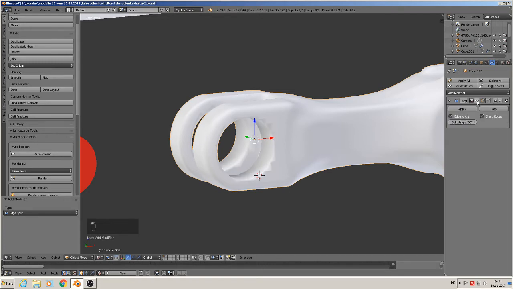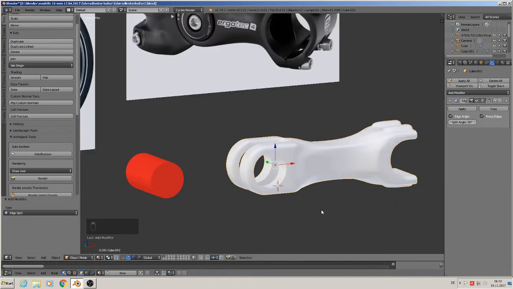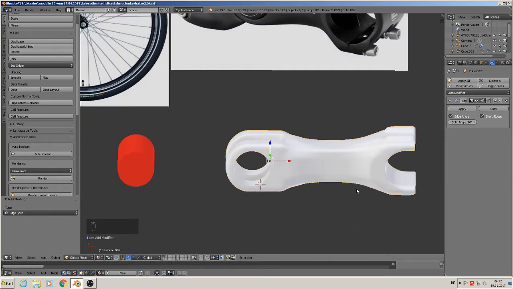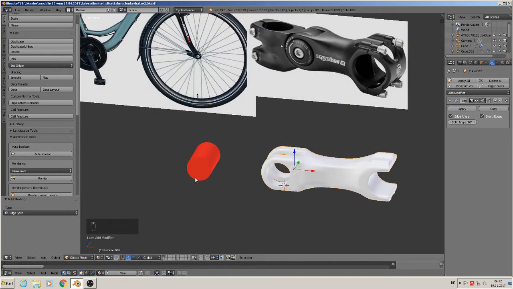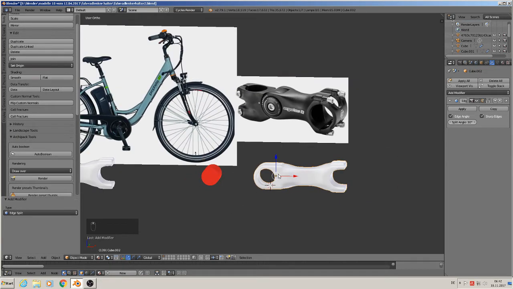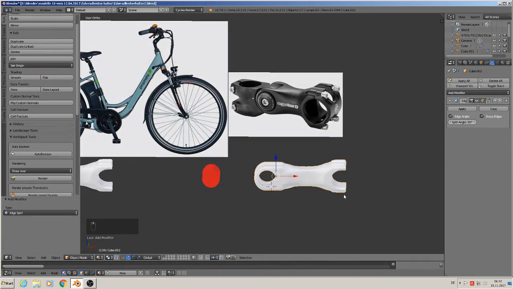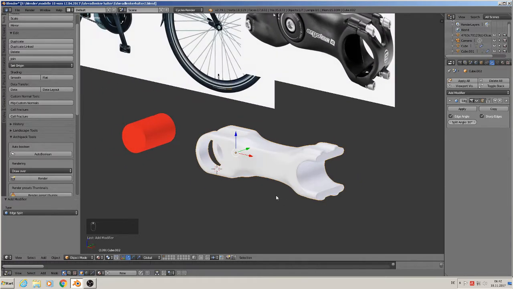So with this deactivated, it has 70,000, and with it enabled, it has 18,000. So you get fewer vertices when you use an Edge Split modifier. Keep that in mind. Good. We have done all that, and